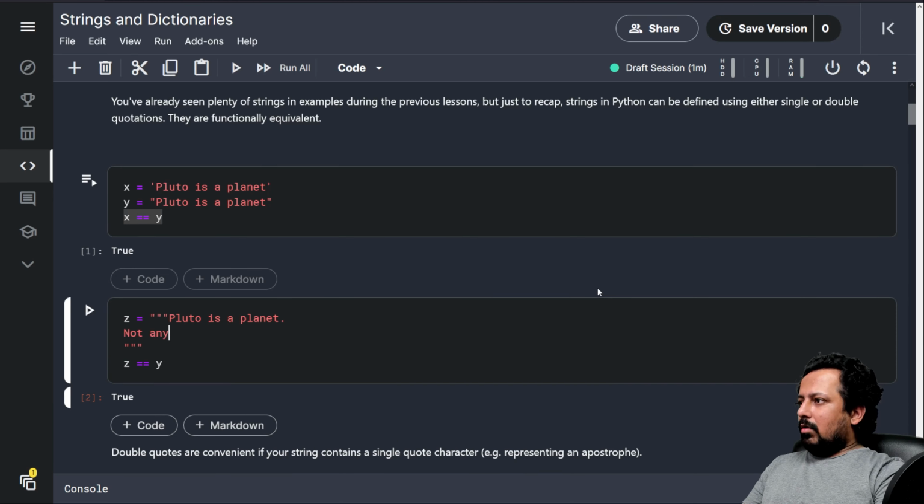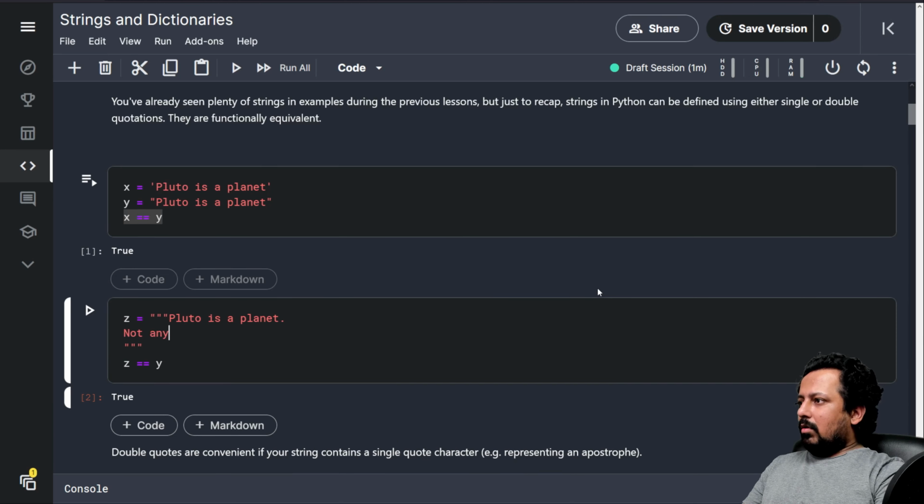Now, if I have to use an apostrophe sign inside a string, what I can do is enclose the string with double quotes and use a single apostrophe inside. Or I can do the other way around. So like here, I start and end my string with single quotes, and inside that I have Pluto in double quotes. So it's going to print like this. So here you have this single one, which is showing here, and here you have double ones which are showing here. But if you do like this,